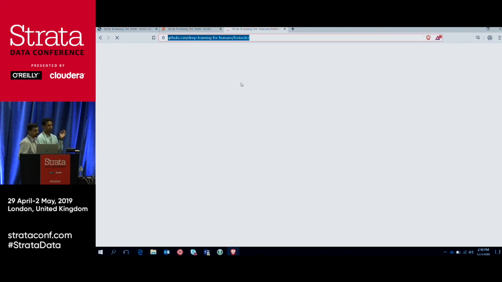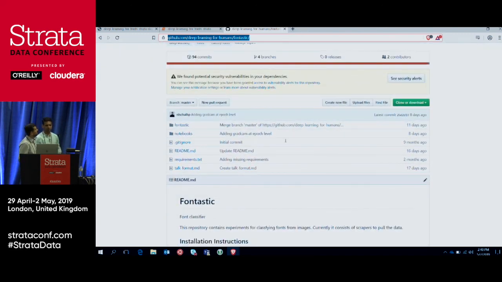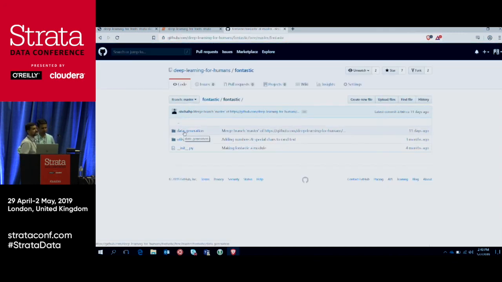We have a proper repository of code with commands that you can run and build. And we've also added experiments, so you can change some hyperparameters and everything. So we have a Fontastic module inside which you find a data generation submodule. Just run them and then I think you're good to go. Even the README has the link to the zip file of the TTF files.